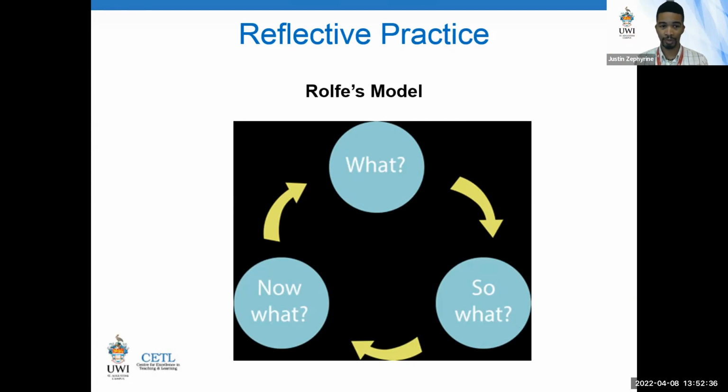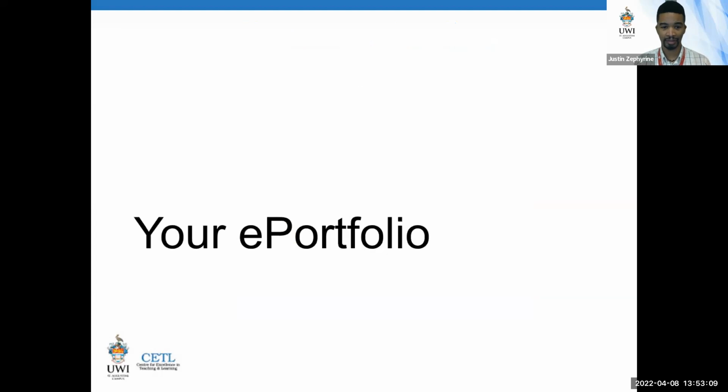Of course, you already know that the course evaluation, the course experience review, formerly known as CETL, is tantamount to this process. Then you have what your colleagues say about your practice, which I think we explored in Tuesday's session with peer observation. So reflective practice is multifaceted and ongoing, and all of this feeds into your ePortfolio, your teaching portfolio.